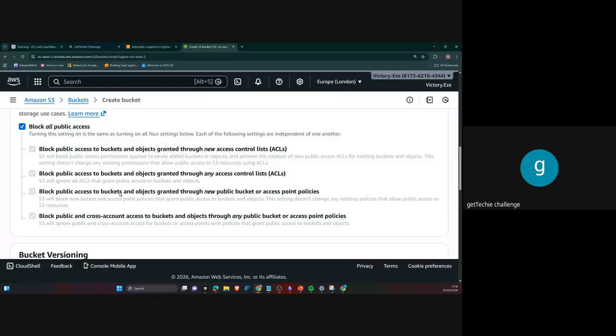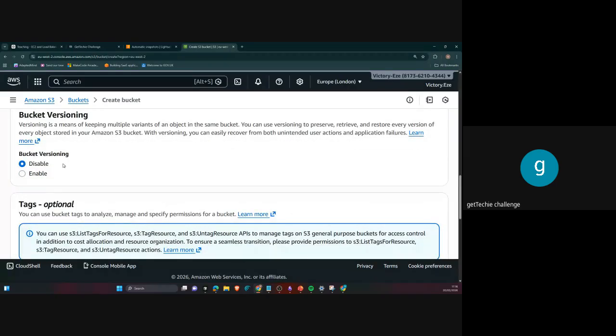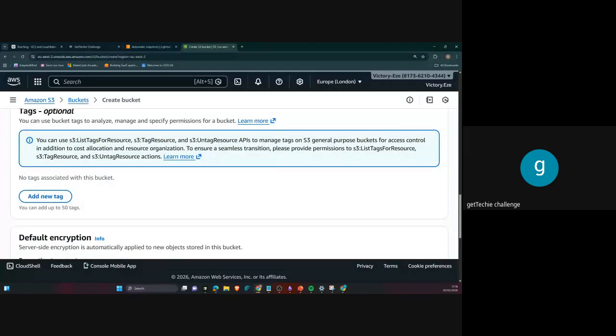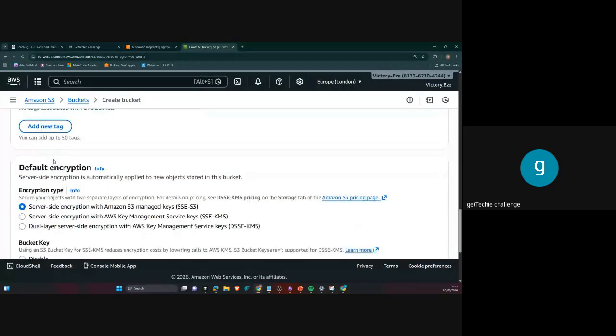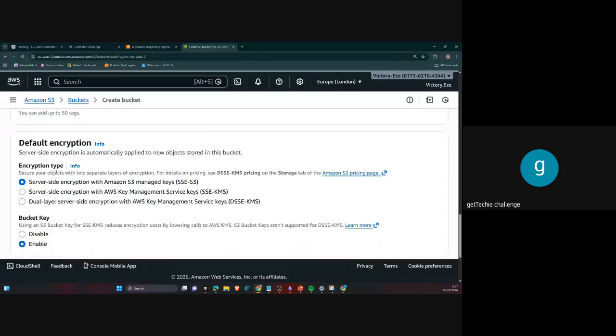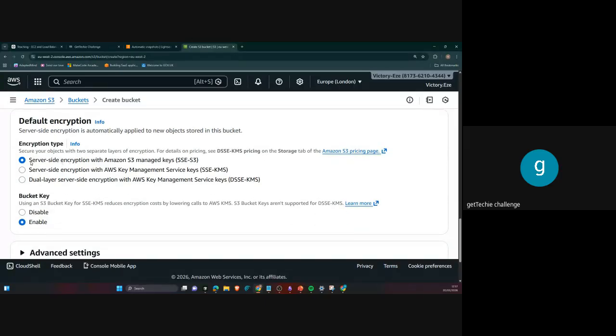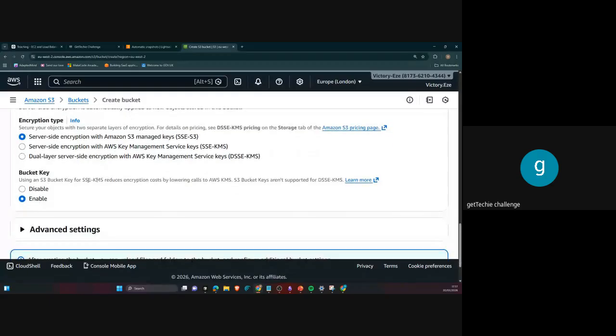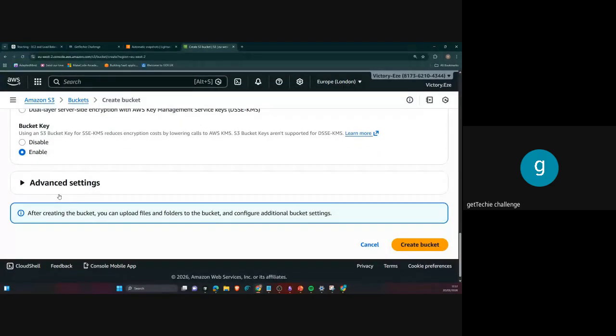Then I can now go on, and initially I'm not going to enable versioning. We'll talk about bucket versioning. Can you see it here? Bucket versioning, we can see it here. Yeah, we can add tags so that it's easy to delete. We also talk of encryption. I told you by default when you are creating a bucket, there's server-side encryption with Amazon managed keys. So you can see by default it is selected. But on your own, you can choose the different encryption you want. Then bucket key. You can enable bucket key or disable bucket key.